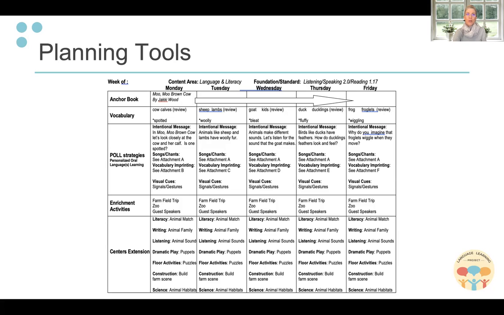So I just want to point out some key features. The anchor book is typically the same for the week. Don't be concerned with focusing on one book. Children will not get bored. You are rereading it, you're selecting maybe one or two pages to focus on, or you're reading it for a different purpose each time. The more children read the book with you, the more familiar and predictable it is, and the more children will repeat words and phrases and really make meaning.